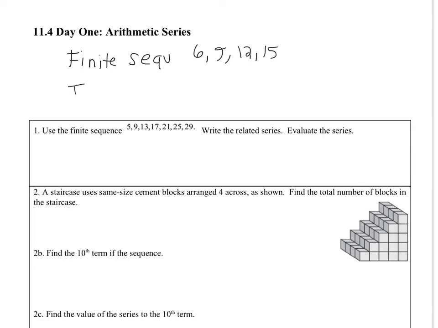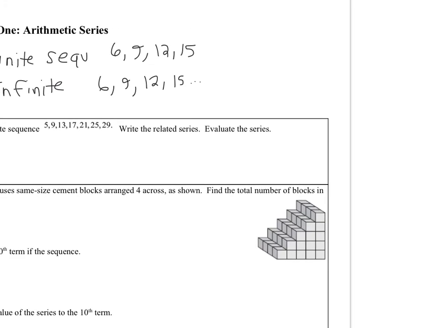Versus an infinite sequence, which is a sequence that goes on forever. It's either denoted because it reads that it's an infinite sequence, or you could have 6, 9, 12, 15, dot, dot, dot. That means the pattern keeps going on. So we have a finite sequence and an infinite sequence, and we also have a